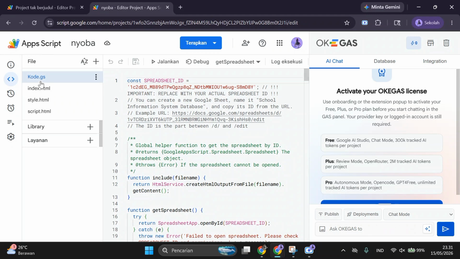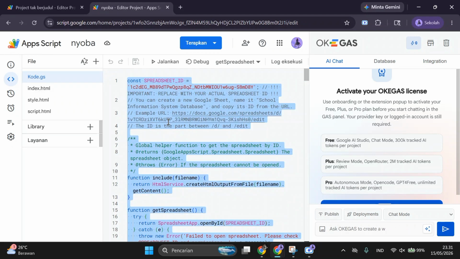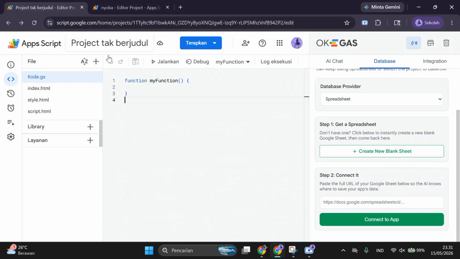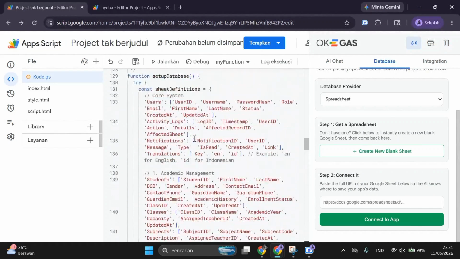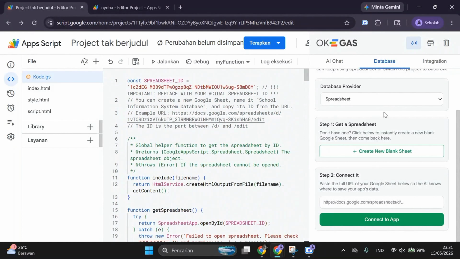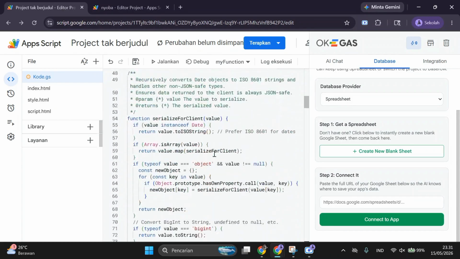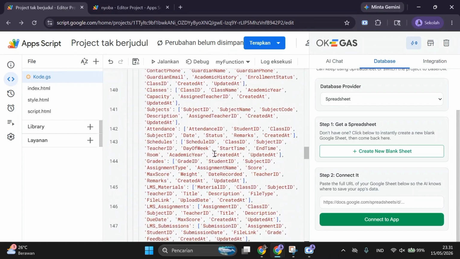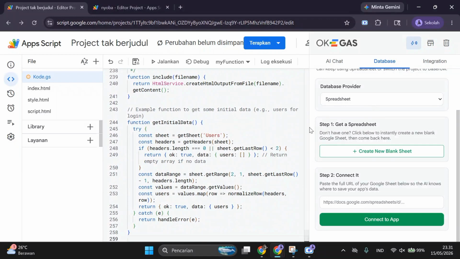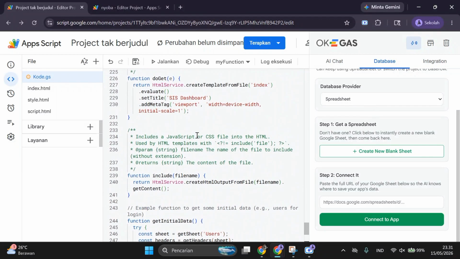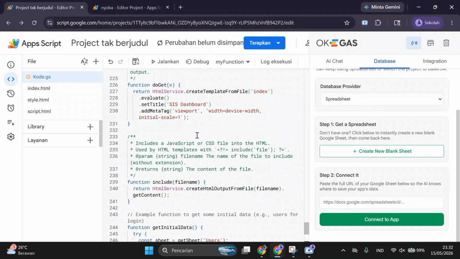Here there is a Code.gs file, then copy it and move it to the index HTML file, then continue with the next files such as style CSS and then JavaScript. This is copied because I have tried it before and it worked.